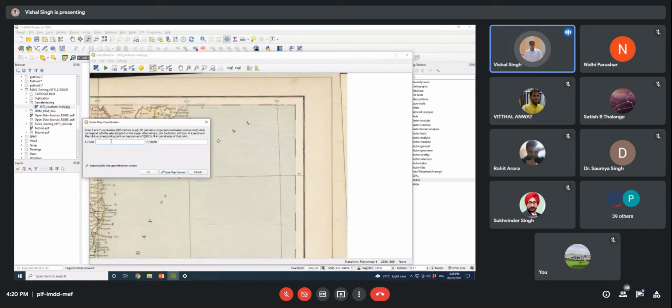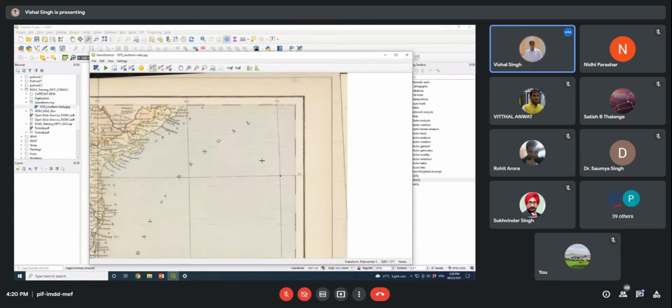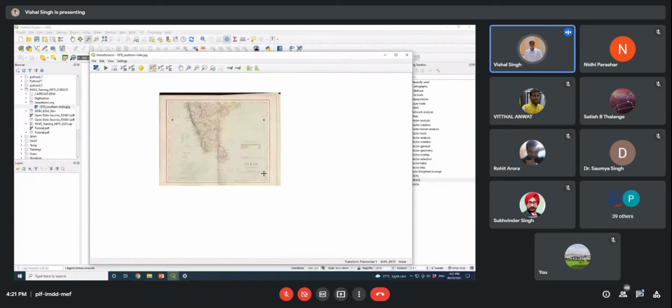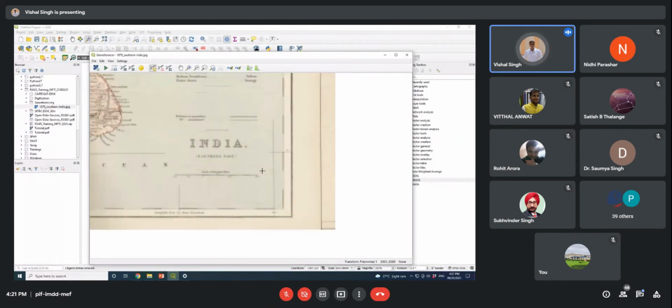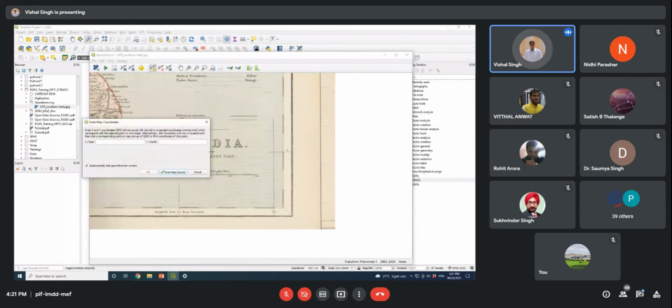So the x value is representing 90 here, and the y value is representing 15 here, like this. Then I will move down, in the clockwise direction I am moving. So again I will give another point here.